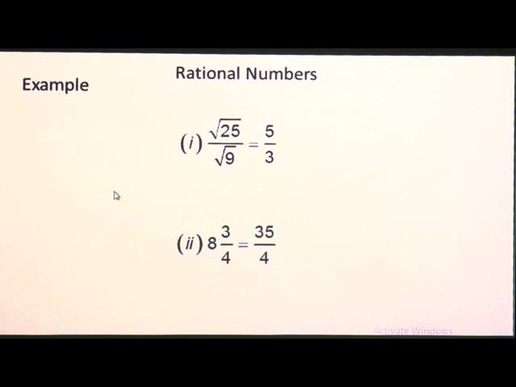Now, examples of rational numbers. You might be thinking that the examples of irrational numbers were something like root 3, or root 2 minus 7 root 3. So, these were irrational numbers. Now, rational numbers which have a perfect root, that is root 25. What is root 25? 5 squared is 25, so root 25 is 5, root 9 is 3. Or we can say the square root of 9 is 3 and the square root of 25 is 5. Both ways we can read it.